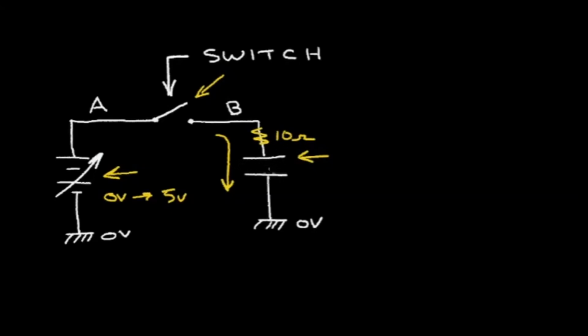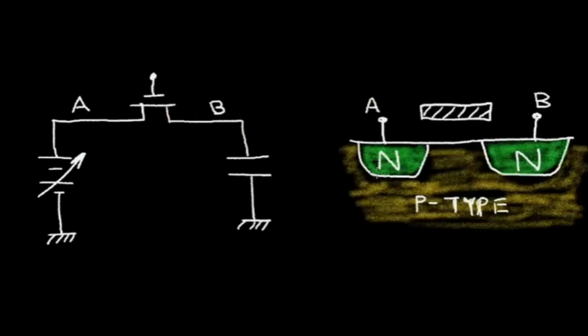So let's consider how to replace this mechanical switch with a CMOS switch. Let's consider using an N-channel MOSFET for this switch. Here I've replaced the mechanical switch with an N-channel MOSFET. Now when the gate voltage on the MOSFET is at a high voltage, in this case 5 volts,